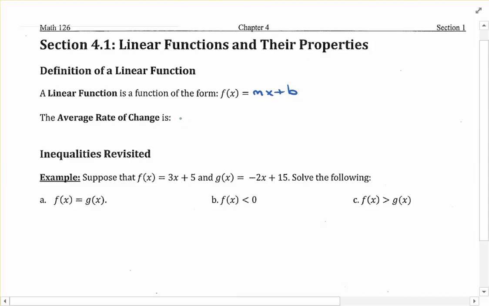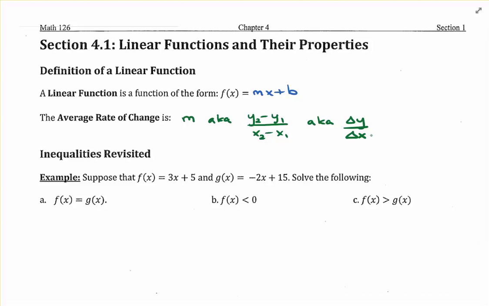I just want to let you know that that's nothing more than the slope of the line, which of course is also known as, in a formula format, y2 minus y1 all over x2 minus x1. And of course, this is also known as, another definition from chapter 2, that is, delta y over delta x. Alright, of course we could also include some other versions of slope, such as rise over run, but this will be good enough for purposes of this section. So there we have it, the definition of a linear function, as well as the average